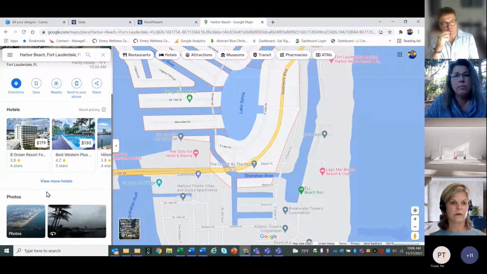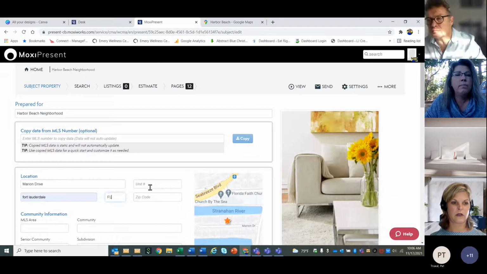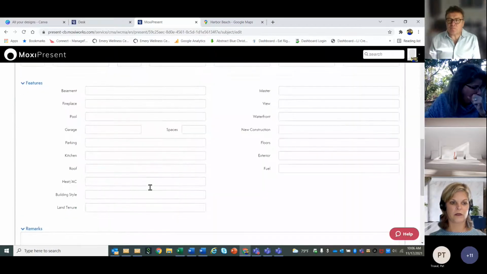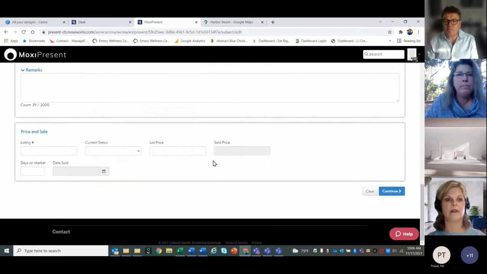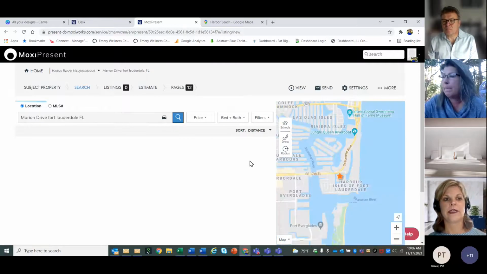Forget what the zip code is here. I'll leave that blank. Let me see if I could just run it like that. So basically, and we'll come back to this, I'll show you how basically we're going to fill this out. I'm just going to keep it pretty basic right now. Okay, so then once you hit continue,